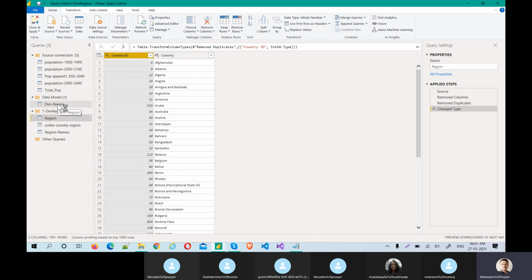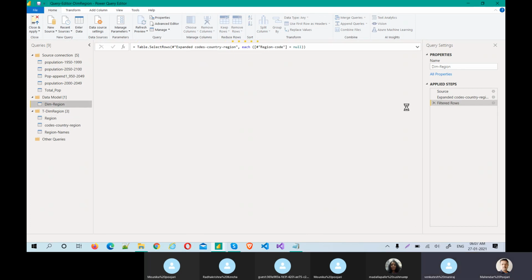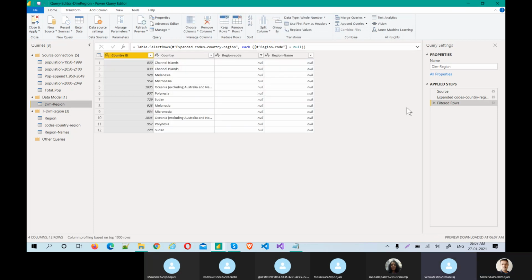Now let's go back and see how many nulls will come here. Yes, nulls will come, but how many? Let's see. So it's loading. See, now we got very few, because I didn't do anything else.